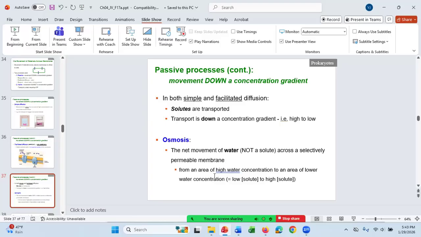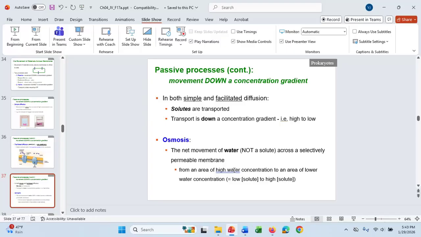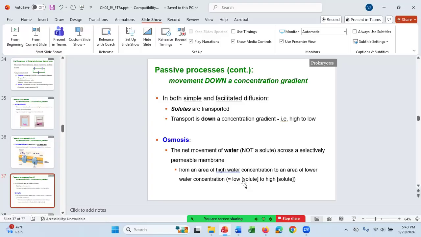Now realize when the water is higher outside the cell, that means the solute concentration outside the cell will be lower, because the solute concentration will be the opposite of the water. This is important because when we talk about the tonicity, the water environment the cell is in, the tonicity is defined by the solute concentration, not by the water concentration, even though it's the water that will be moving by osmosis. Any question about any of that?